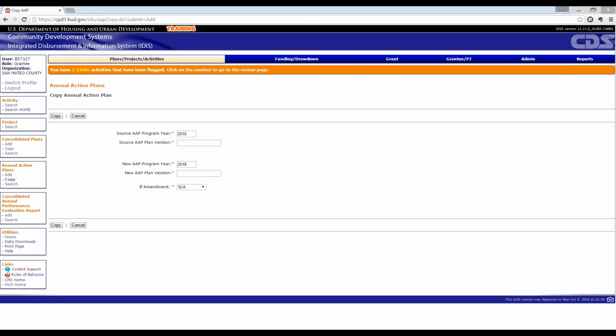And the lead grantee is also responsible for submitting the comp plan and the action plan, and that will submit the comp plan template for the consortium as a whole, as well as the participating grantee.